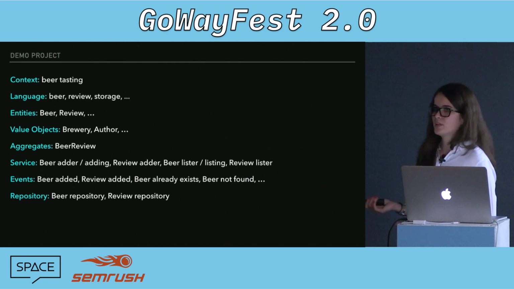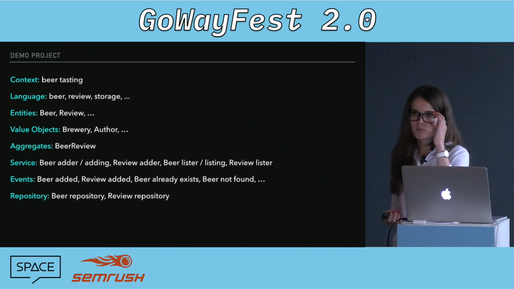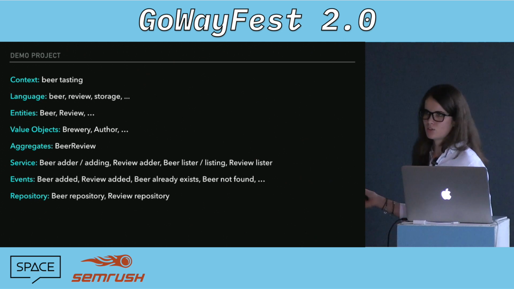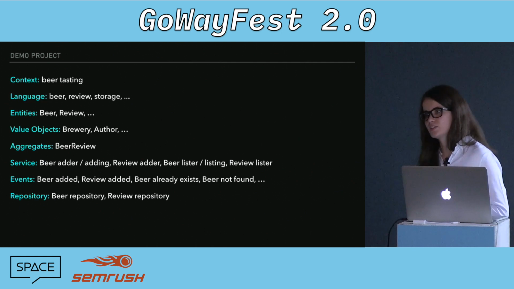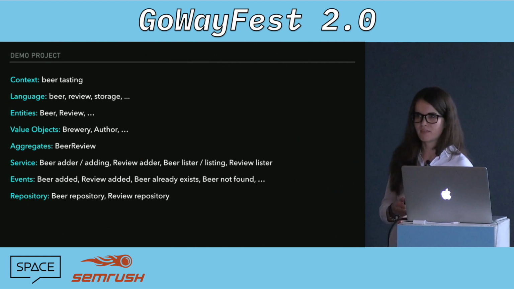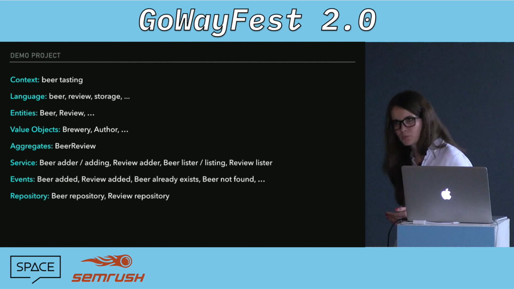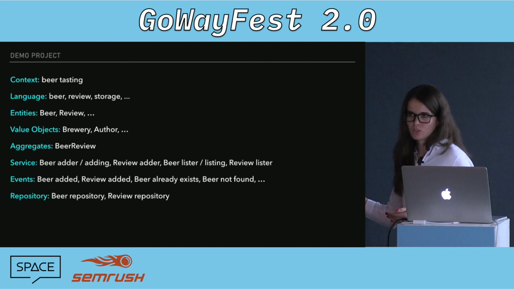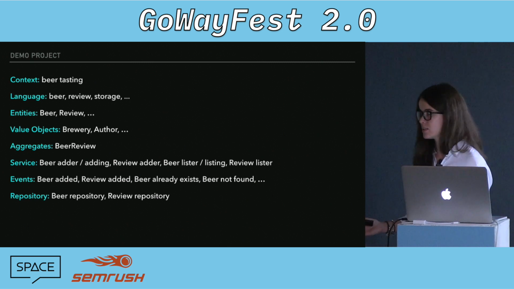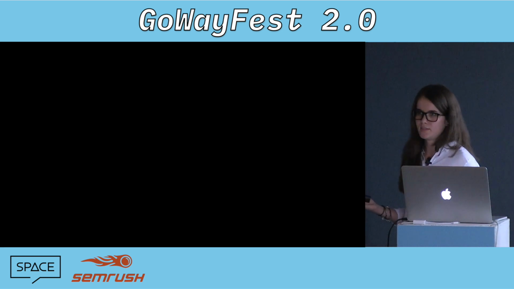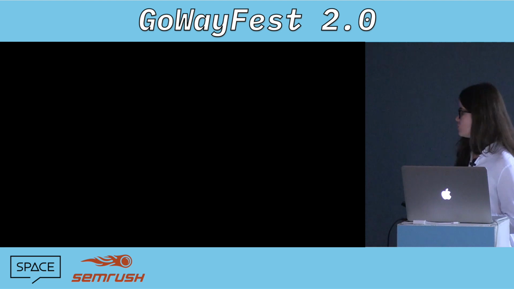The language we're going to use throughout is beer, review, and storage. And you might think that's just a complete waste of time, and that's obvious. But how many times do projects end up being inconsistent down the line because somebody starts using a slightly different word to name the same thing, and then somebody else uses a different word again. So instead of just using storage, you're going to have database, repository, storage, and probably a million other things when you all mean the same thing. And it can just be very confusing.